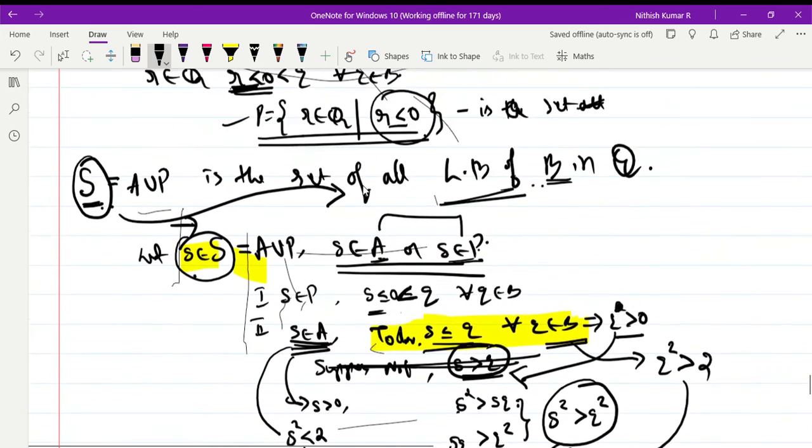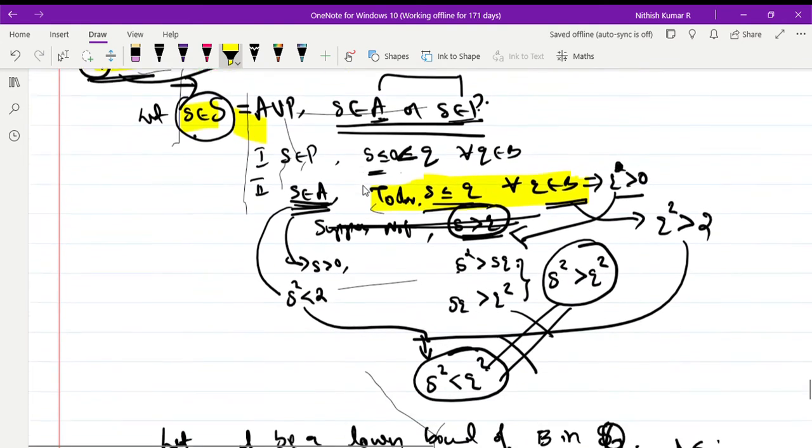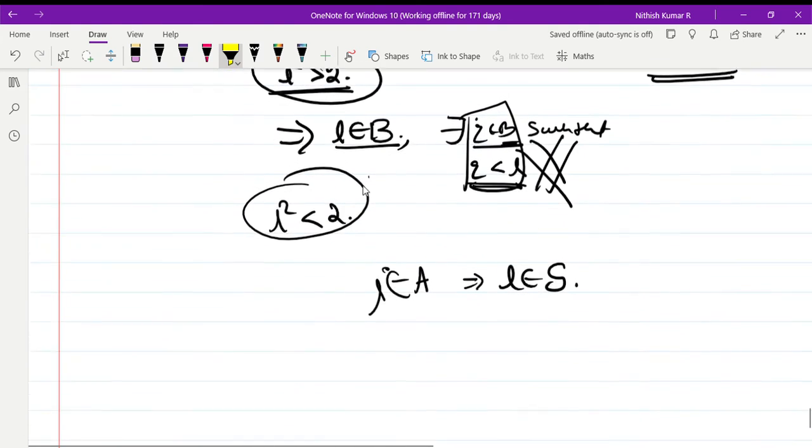Therefore every lower bound of B in Q is an element of S. Therefore S is the set of all lower bounds. S is the set of all lower bounds of B in Q. Now